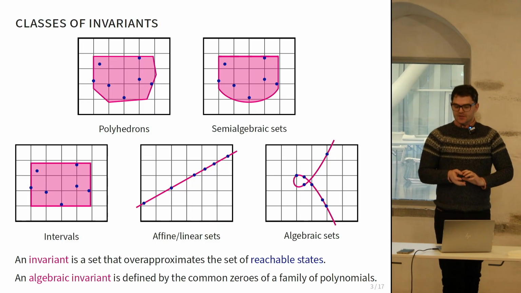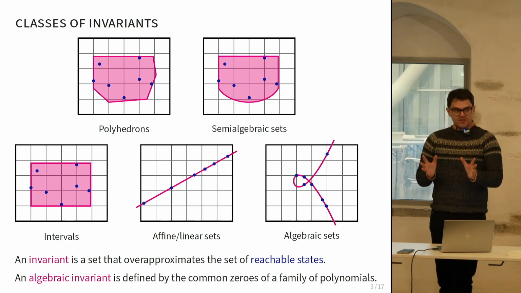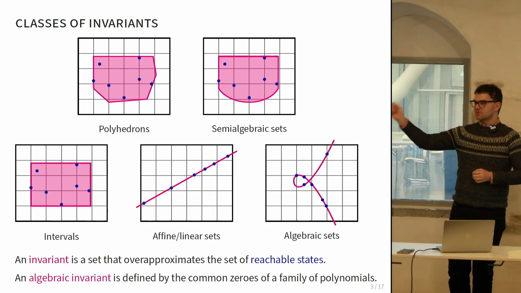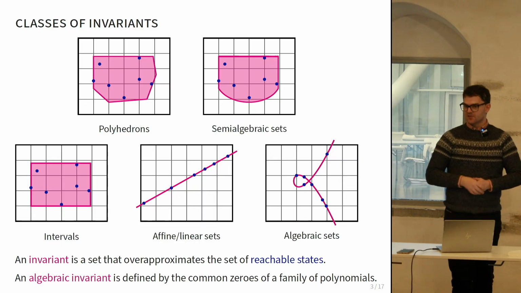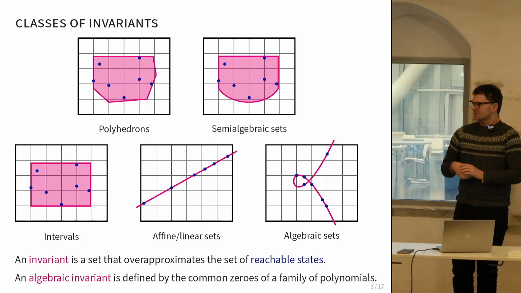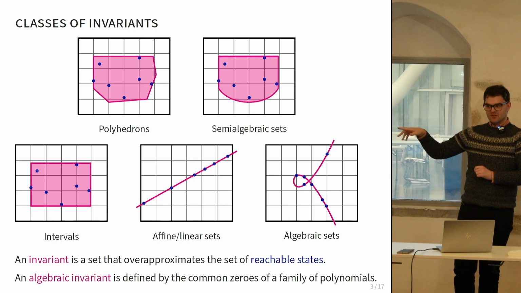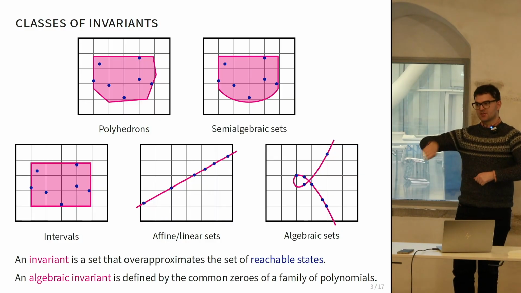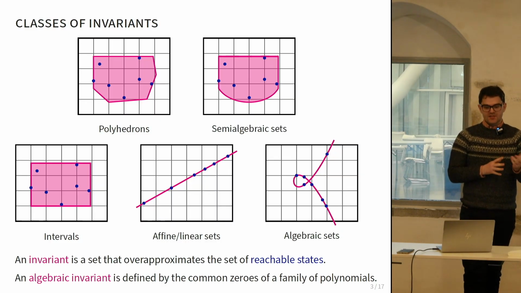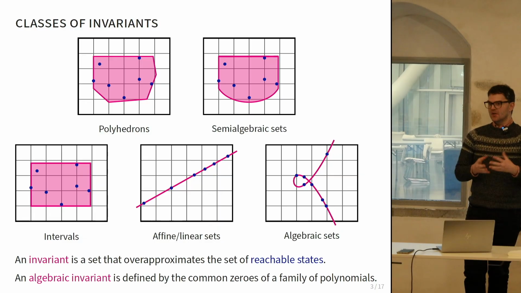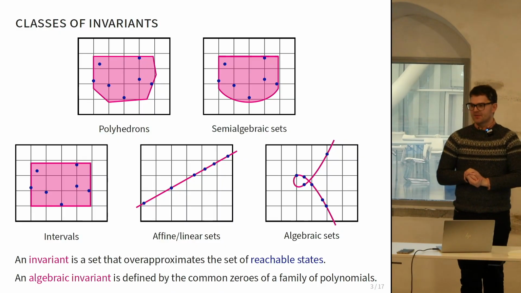The bottom two are the ones that I'm more interested in from our point of view. One of these draws a line like y equals x plus some constant through some points. So this is a linear over-approximation. But if I wanted to draw linear sets over the second or third bottom picture, I'd have to use lots of different lines. But we have a nicer curve, this pink looping line, y squared equals x squared plus x cubed, which does it all in one simple loop. So somehow we might consider this a better approximation.